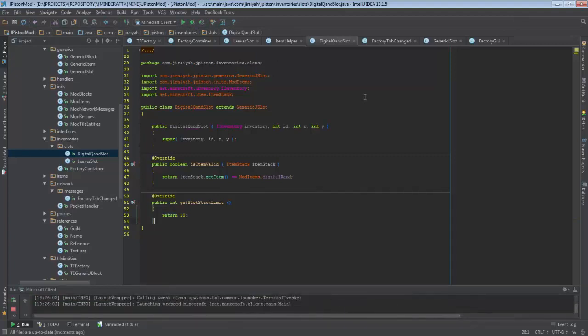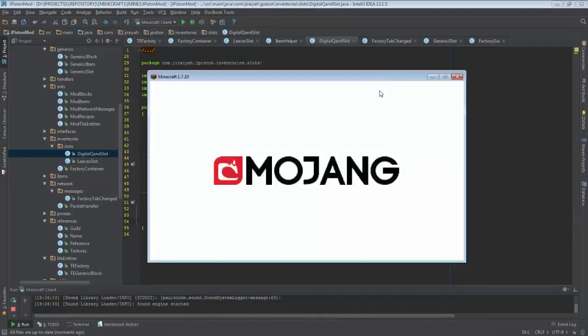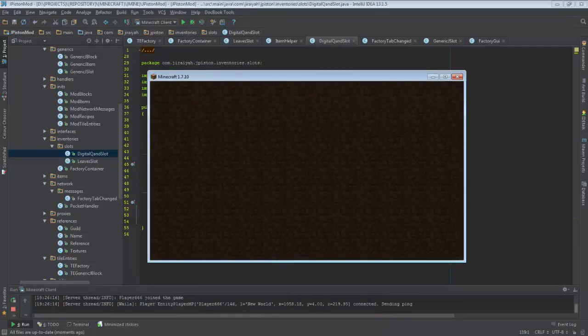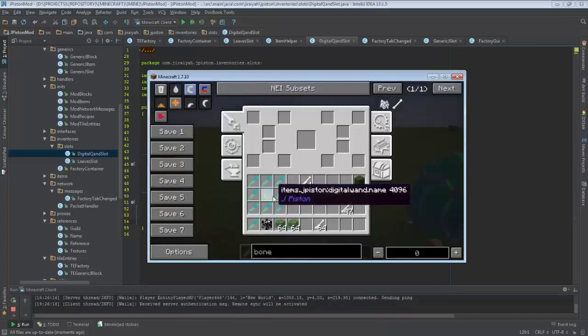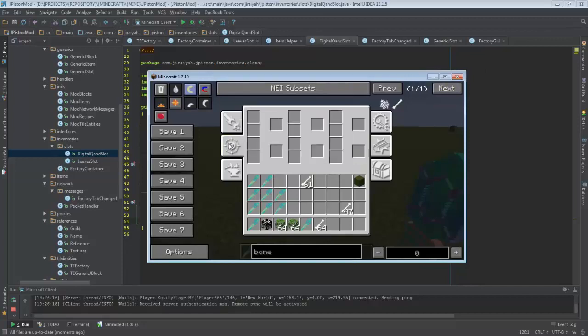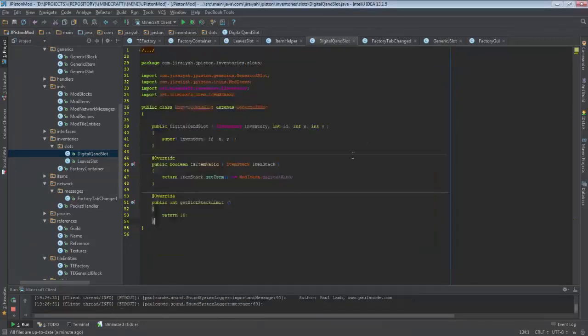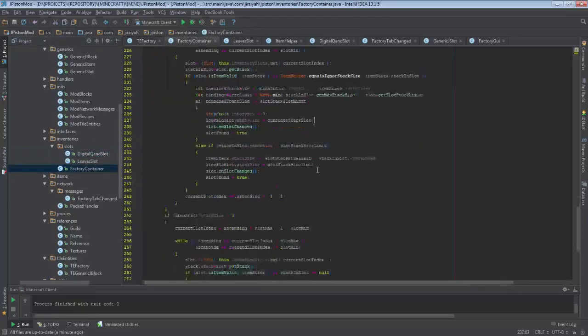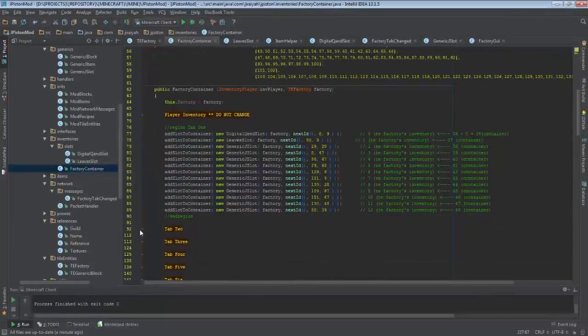But let me try something. I didn't try it anywhere, anytime. What if I try to put it there and then try to click it? No, it's not working anyway. So now we have another issue. These slots, of course, don't accept anything, but let's change it back to 1. Delete it anyway. Okay. Let's go back into our container in tab 2 and make one of them